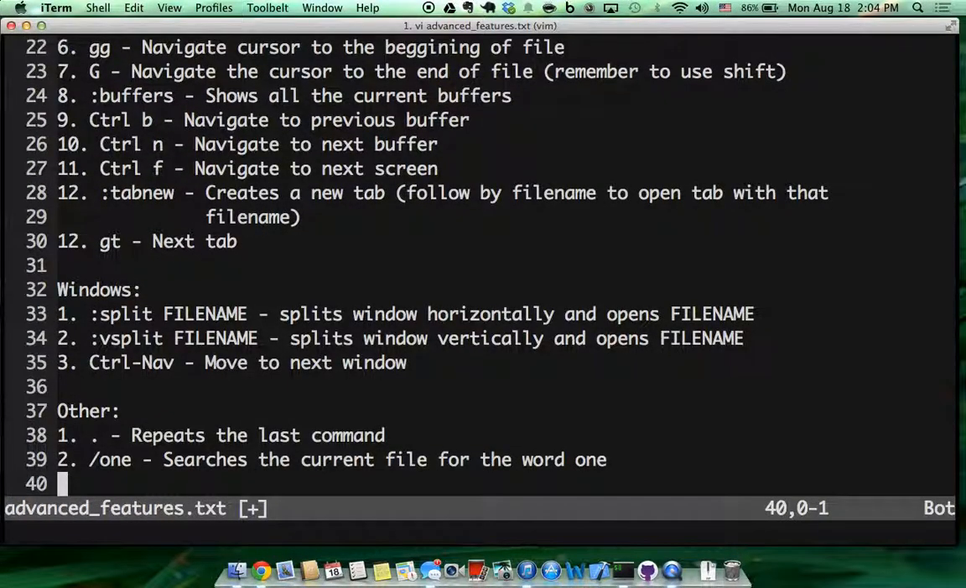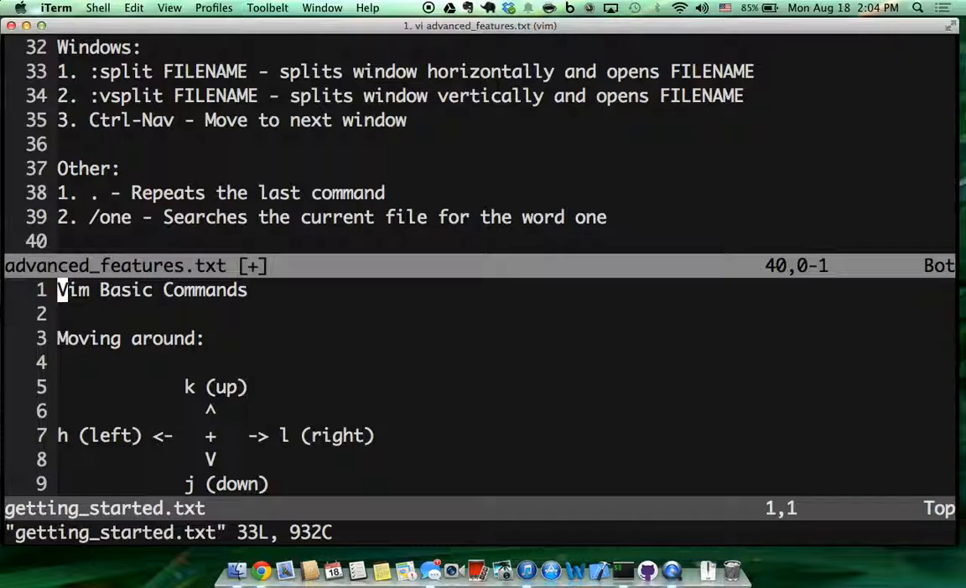A very important feature in Vim is splitting windows. It comes in very handy when working with multiple files at the same time, or just comparing different parts of the file. If you want to split a file horizontally, just type colon followed by split and the file name. So I'm gonna use a file that I used for the previous screencast called getting started.txt, and now you can see